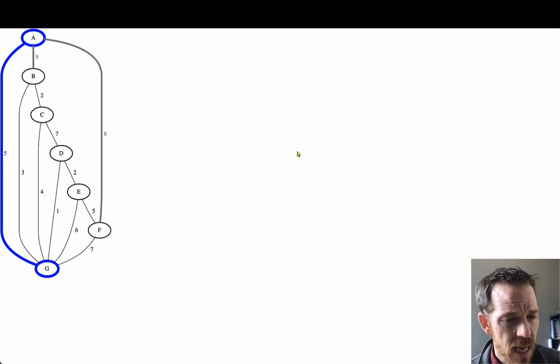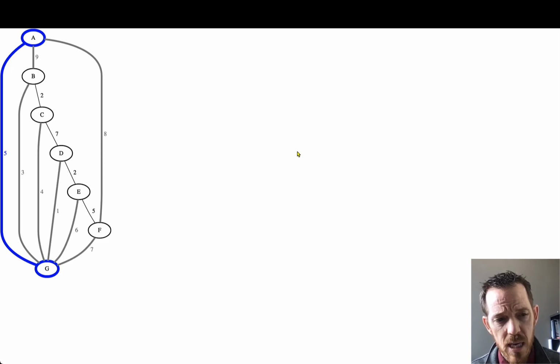Then now we need to update the weights that we're evaluating to find the lowest one. So then we'd include all of the edges from G because we've expanded our tree. So now we have many more edges, all of the edges from G to all the other vertices. So now we look through all of the gray edges, all of the edges that go from our minimum spanning tree to a vertex that's not in our minimum spanning tree, and we find the lowest one, and the lowest one is 1, and so we would include the vertex D,